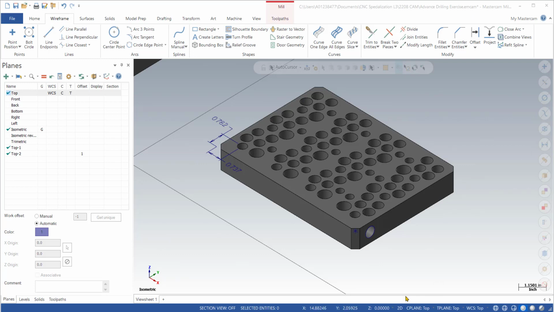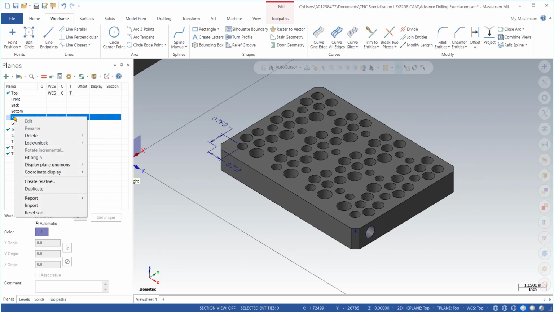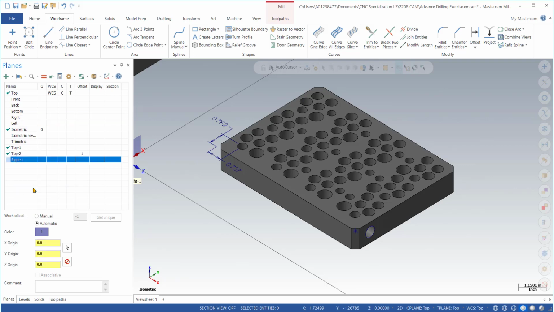Okay, so let's try to drill the hole on the side of this part. Because this is on the right side, here in the planes menu, I would create a duplicate of the right side. So now we have it there. Let's make that active,